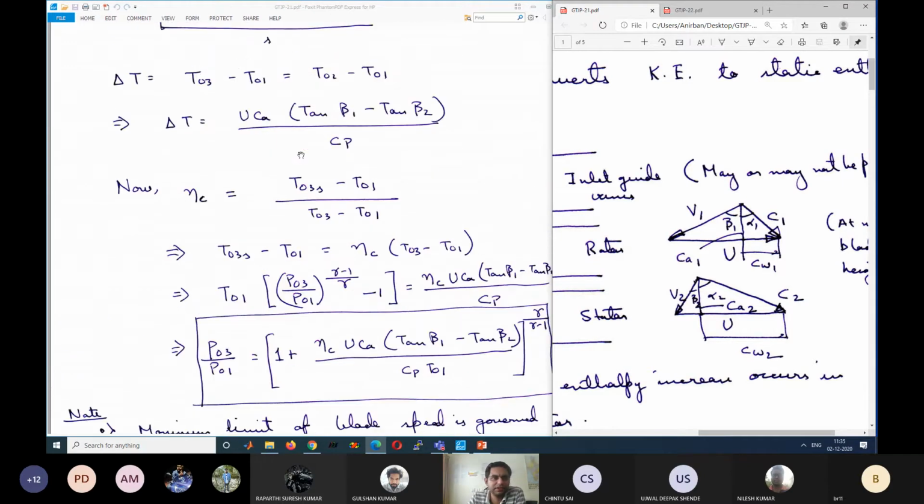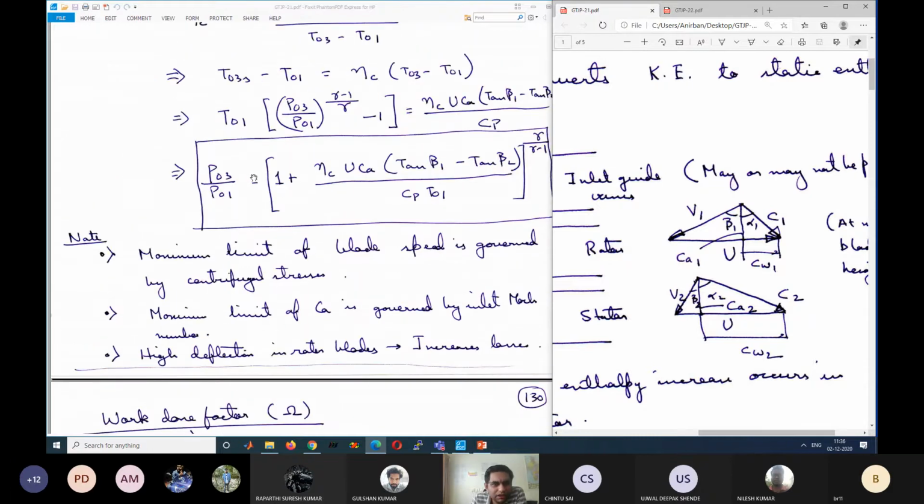Obviously, you can calculate the temperature ratio from the previous calculation itself. So a few points which we can note here is that we cannot indefinitely increase the pressure ratio P03 by P01. Our aim is to increase the pressure ratio, right? So that we can have fewer stages. But to increase the pressure ratio, either we need to increase isentropic efficiency, which is not in our hand, which will depend on how the products are manufactured, how good the surface quality is. It is improving over the years, but cannot be considered as a design parameter.